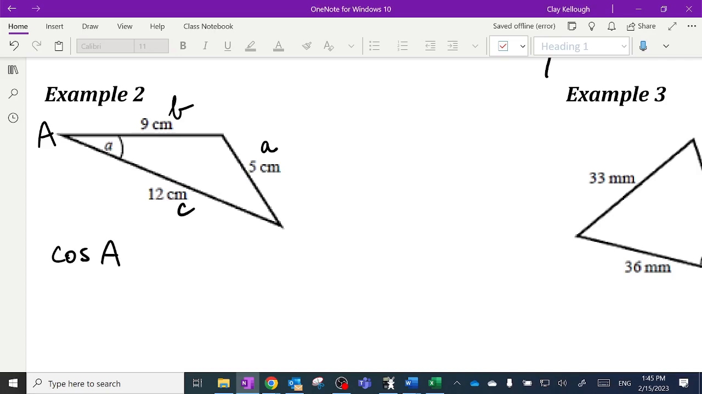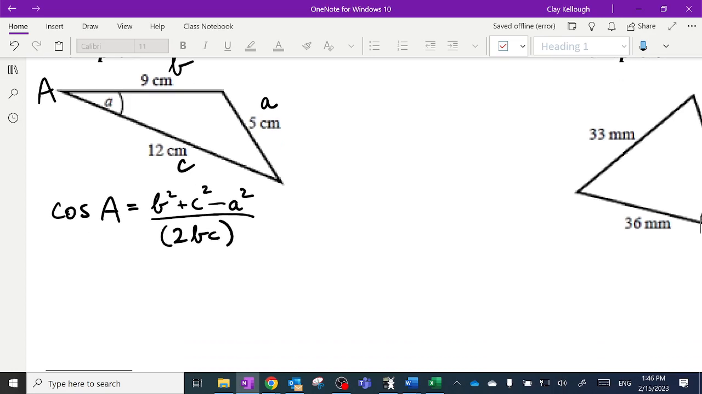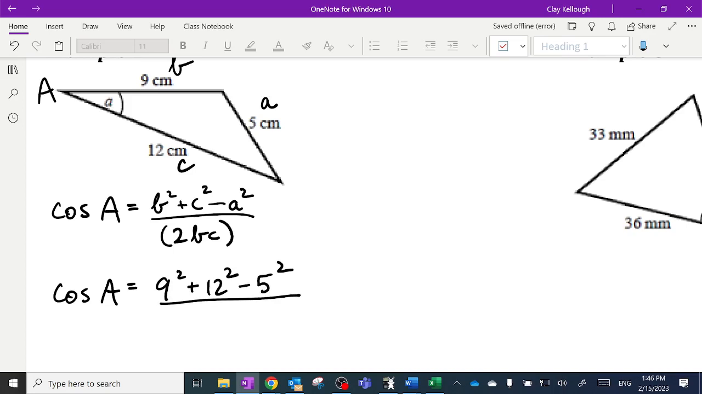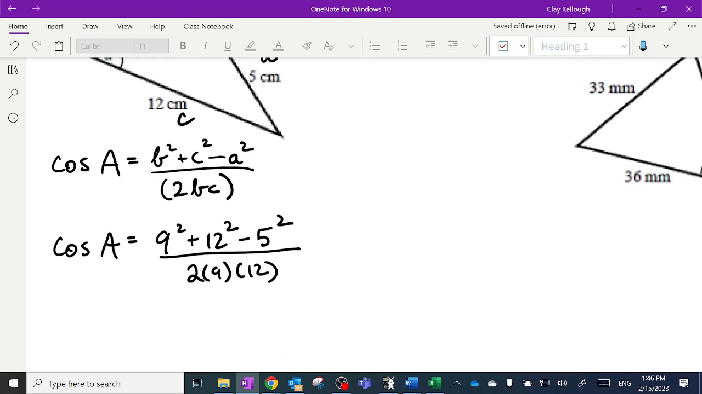So let's see if we can remember it without peeking. Okay, I know that A has to be subtracted, which means the B's and C's are added, and then the bottom is the ones that I didn't subtract, B and C. It always works that way. All right, we plug in numbers. So the B is 9, the C is 12, the A is 5, and the cosine of angle A is,